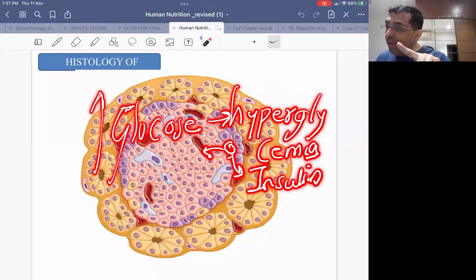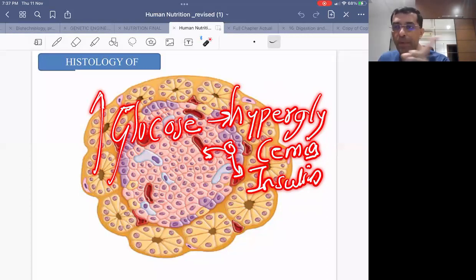And if you remember, liver, as a matter of fact, muscle cells also now become permeable to glucose, and glucose goes into liver cells, hepatocytes, and muscle cells, and insulin increases the permeability of hepatocytes and